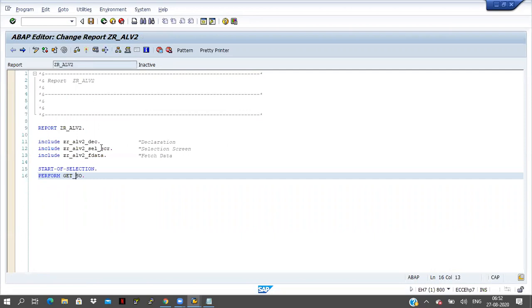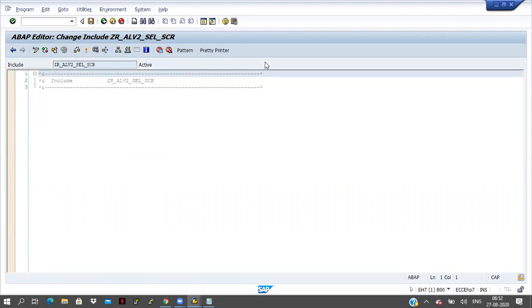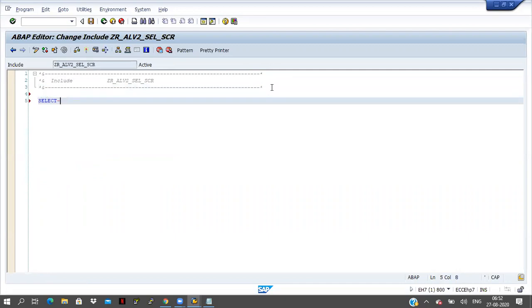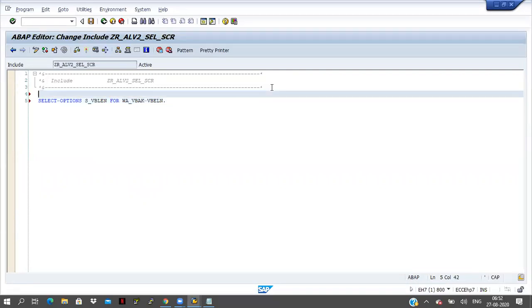Here there is no selection screen yet, right? So the declaration part means the selection screen part. Here I will add select options: S_VBELN for VBAK-VBELN. Selection screen begin of block B1 with frame title text.